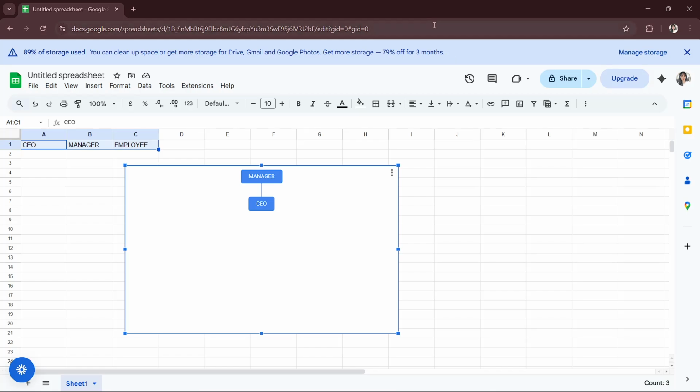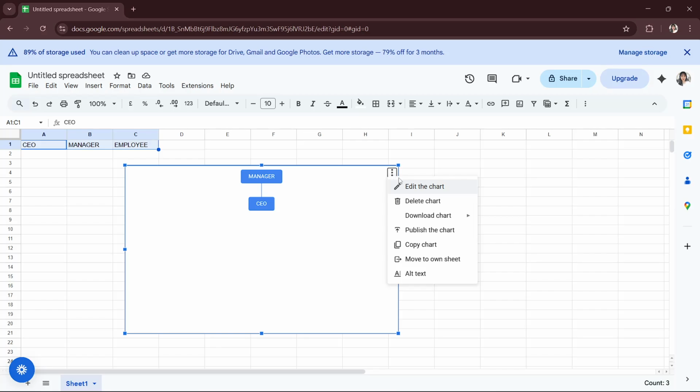The first thing that you will have to do is, of course, make sure that you already have your chart here. And now what you will do is select the chart that you want to print. And then you will open the chart menu by clicking these three dots in the top right corner of the chart. And now that you're here, you will have to click download chart, and you can export it as PNG